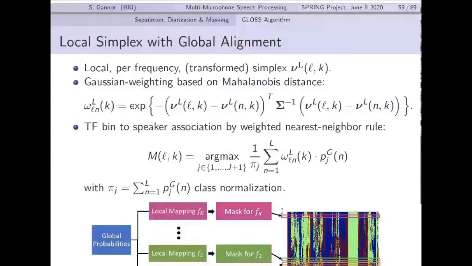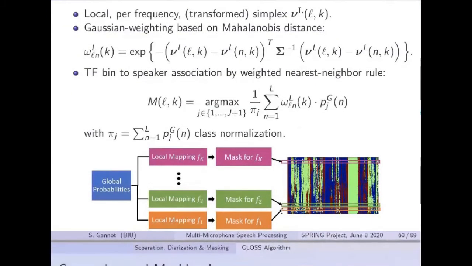But we also want to work locally per frequency. Why do we want to do this? What are the problems? We want to do this due to the fact that some frequency bins are good for us and some are not. So we want to estimate some type of a mask. This is one thing. Another thing we must take into account is the fact that if we apply this simplex analysis per frequency,